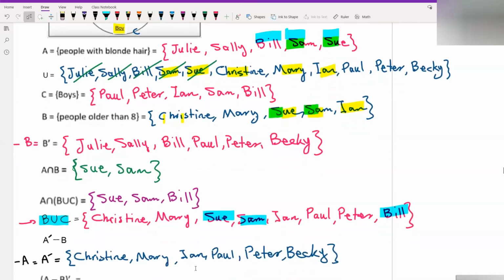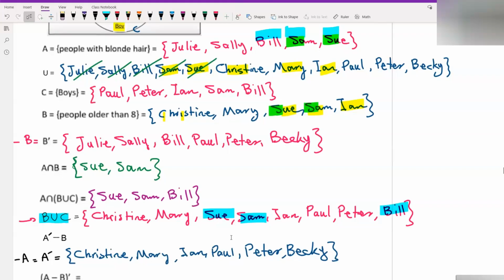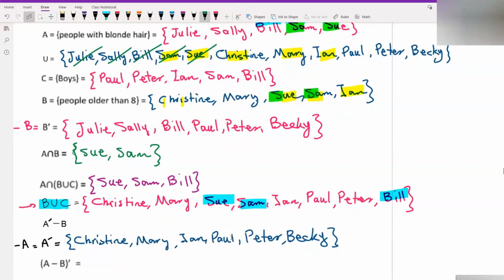Now, from these names, we have to subtract B. So I shouldn't have Christine, Mary, Sue, Sam, Jan. Here we only have Jan, we don't have Sue, Sam. So the answer is